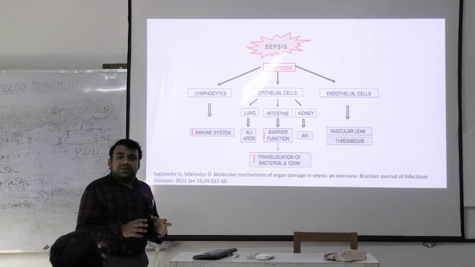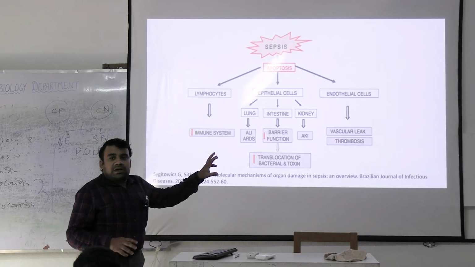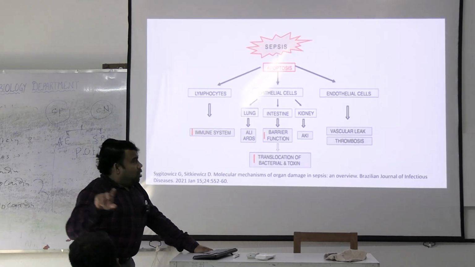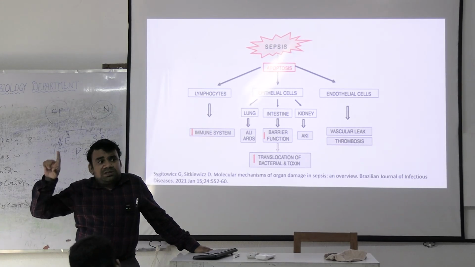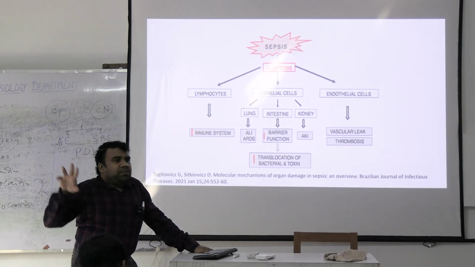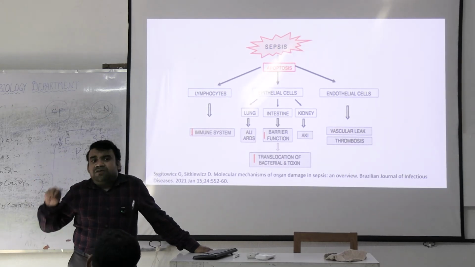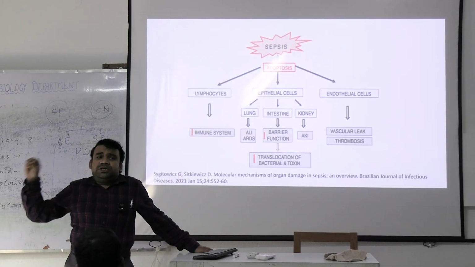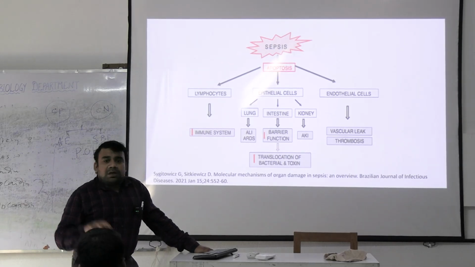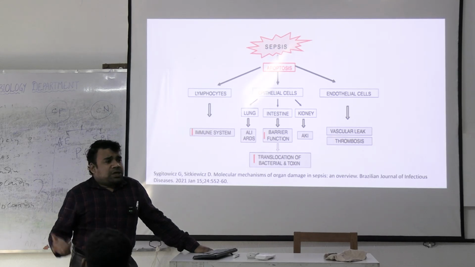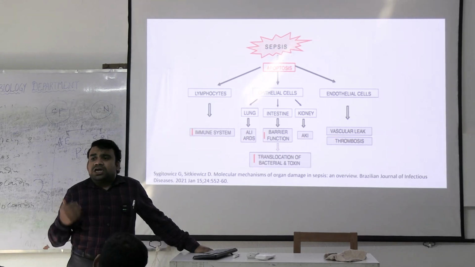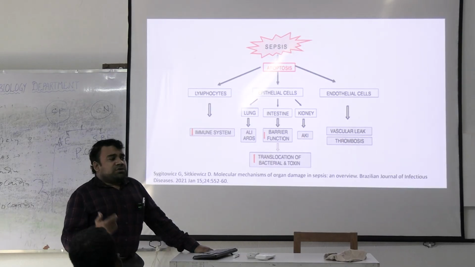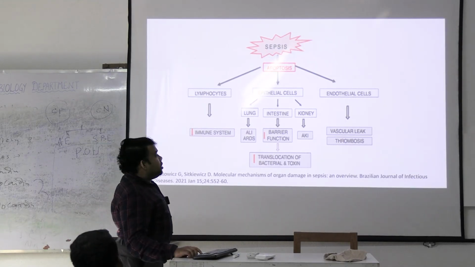So organ dysfunction happens at various levels. In the vessels, organ dysfunction will be vascular leak or thrombosis. This thrombosis is not like a thrombotic manifestation, but rather intravascular thrombosis, which may result in DIC. In the lungs, it will result in hypoperfusion. In the renal system, it will lead to acute kidney injury, and in the intestine, it will lead to mucosal damage, mucosal ulceration, or translocation of bacteria from the mucosa into the bloodstream.